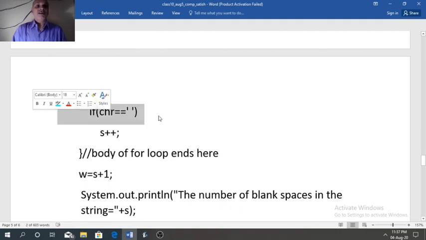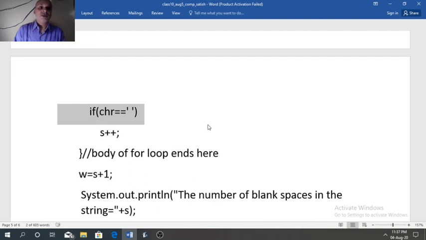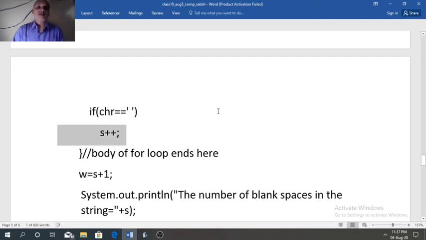We need to find whether each character is a space or not. So if chr is a space, then s++ will execute. In the beginning s was initialized with 0, it means no space. So from the beginning of the string till the end, wherever a space is found, this if condition will be satisfied and s will increment by 1.